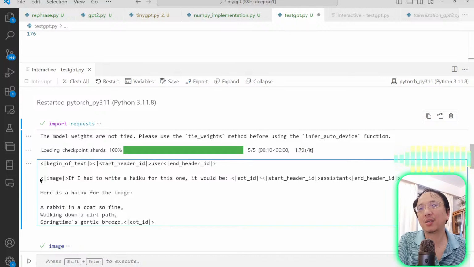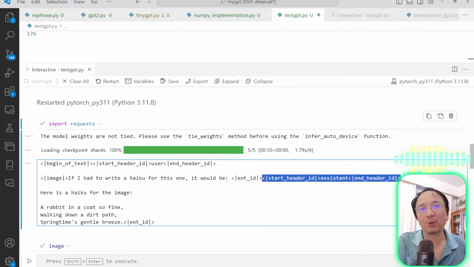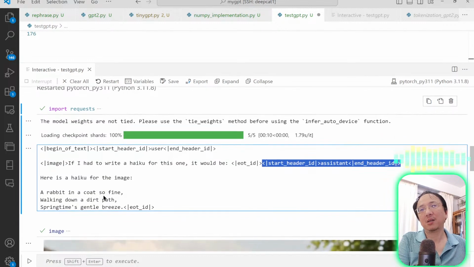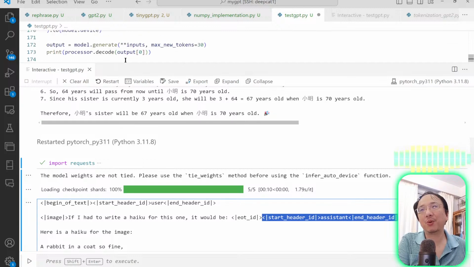Okay, and then you can see that here's a special ID for the image. So it inserts the image right here. And it has also other tokens like begin of the text, start header. This one, the header is the user, and this one indicates the role is assistant. It actually answers the question quite well. We can also ask some simple questions like